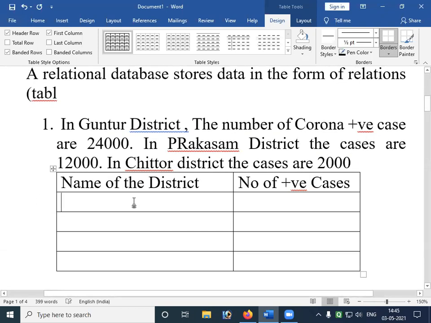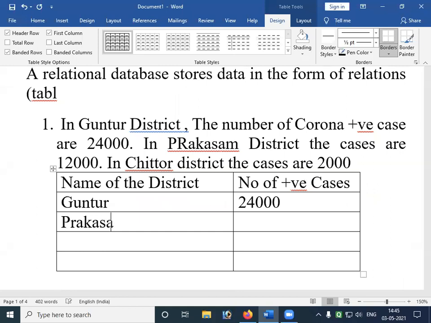All right, now you can see here. Guntur, 24,000. Prakasham, 12,000. Chittor, 2,000.